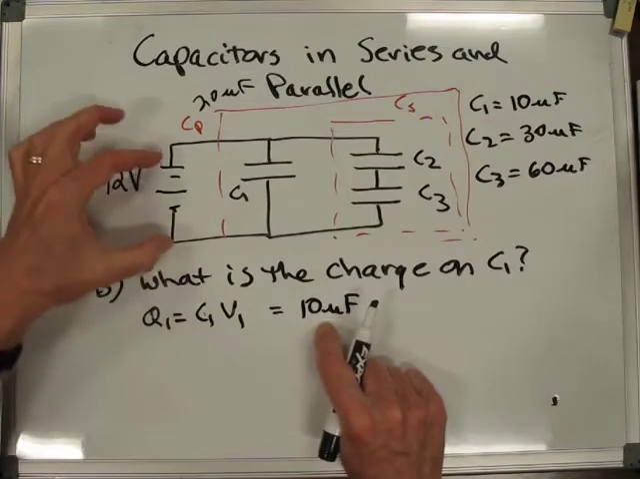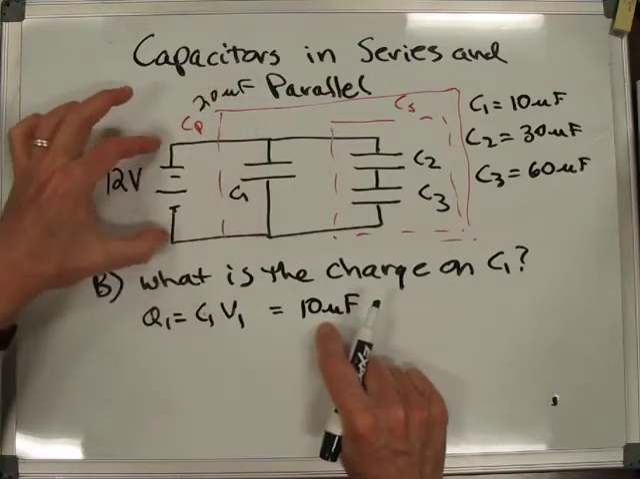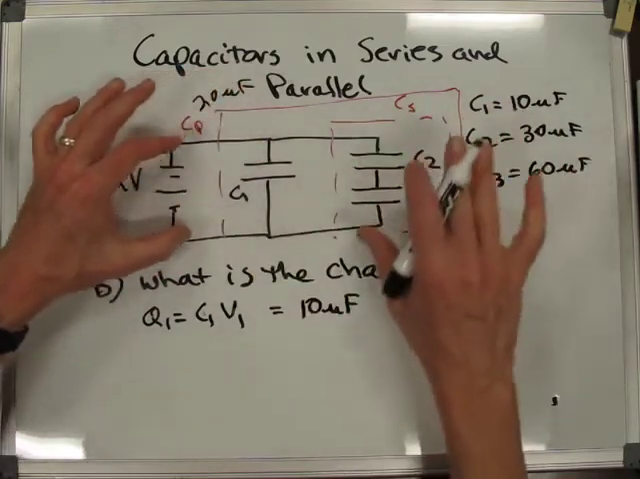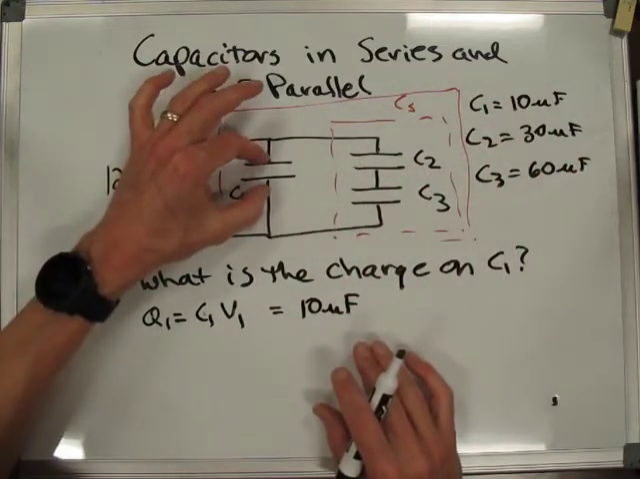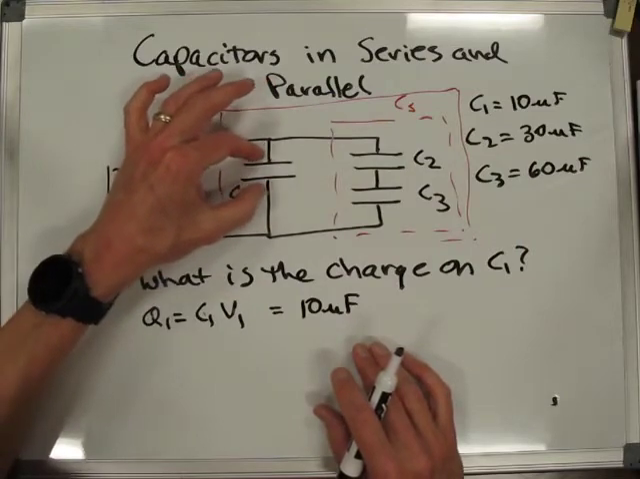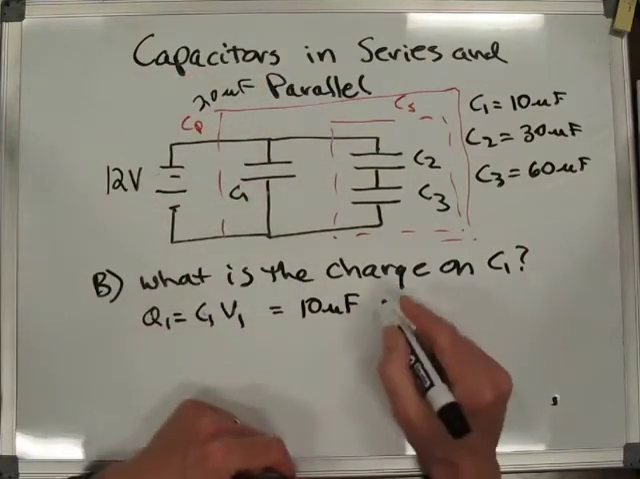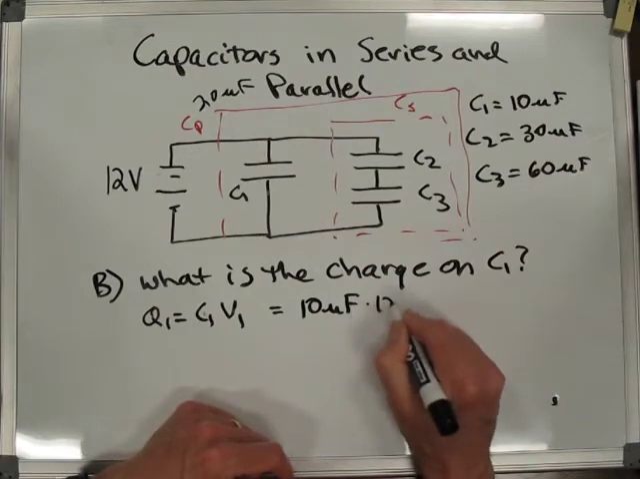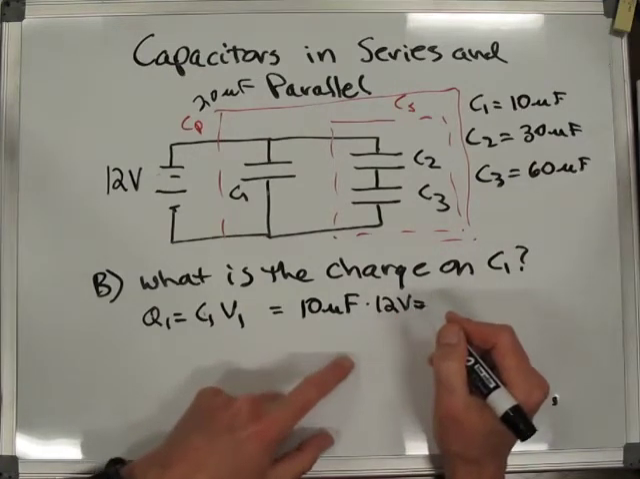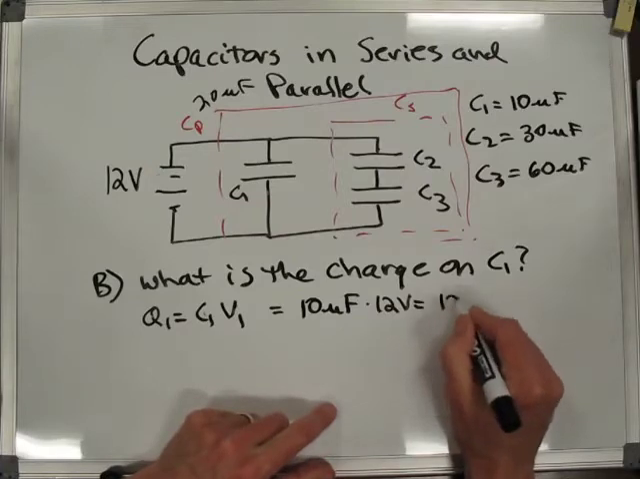Notice that either end of this battery is connected to either end of the capacitor. Doesn't matter what else is going on. If the battery is connected to both ends of the capacitor, then that's the voltage on the capacitor. And so this is just V1 times 12 volts. Sorry, 10 microfarads times 12 volts, which is 120